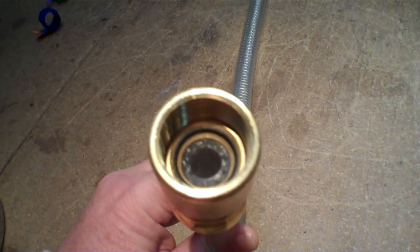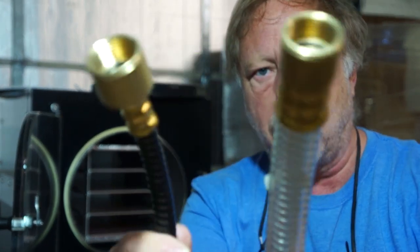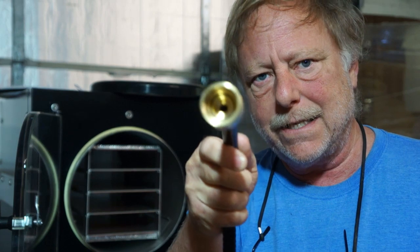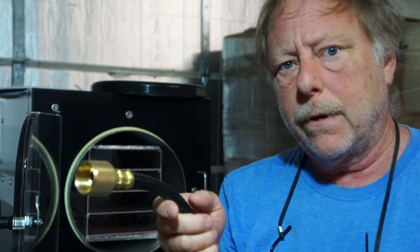One other thing I wanted to mention, a while back you may have seen the video where we modified these hoses to put a restrictor in there. Harvest Right has come out with the new hoses, and you can see they're significantly smaller diameter as well. These are actually on their website. They're very inexpensive. They're only charging about 16 bucks for these plus shipping. So if you haven't done this modification, highly recommend that you go ahead and get a new hose. Now this is the JIC style for all the newer style pumps. I don't think they've got them for the older versions, but definitely if you have the JIC style pump, then